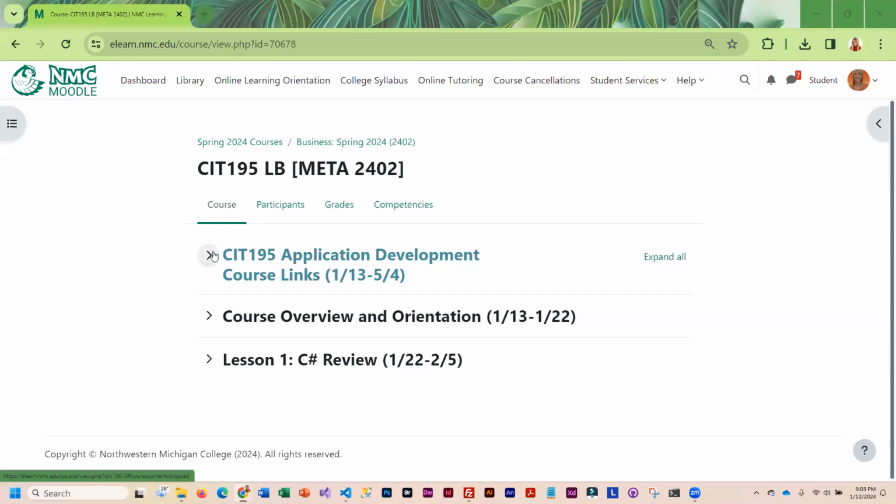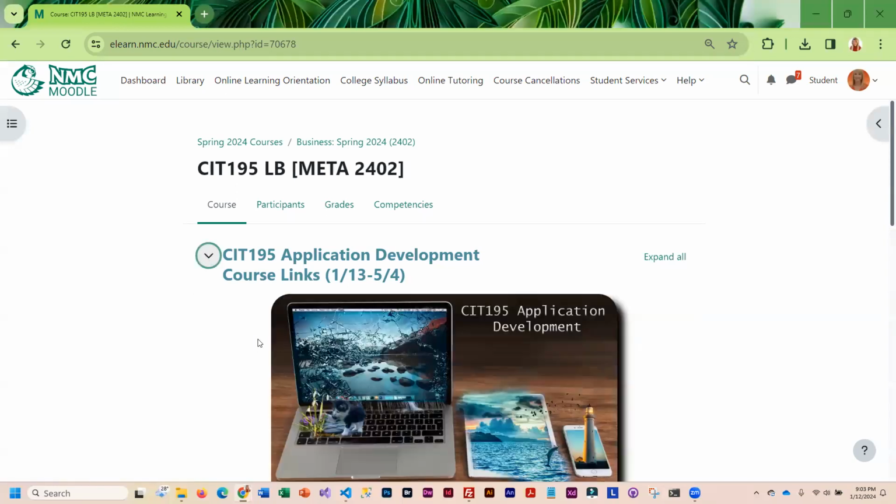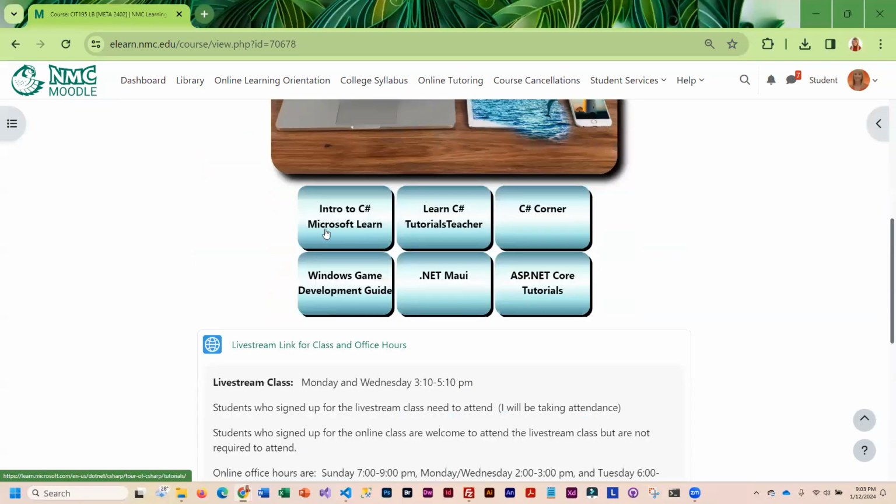At the top of the course, the link block includes links that you will probably be using all semester. At the top, I have links to different resources that you can use for this course.